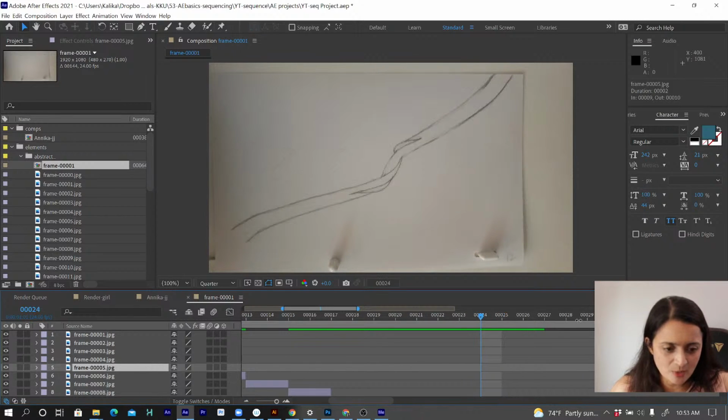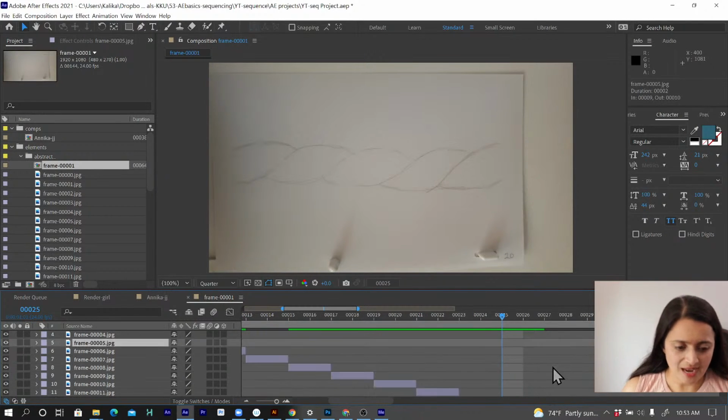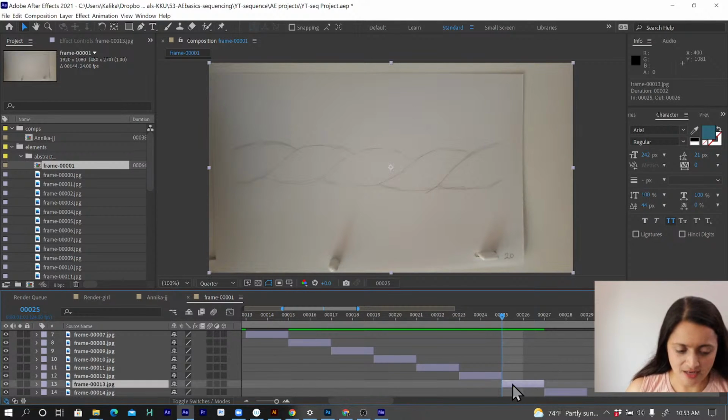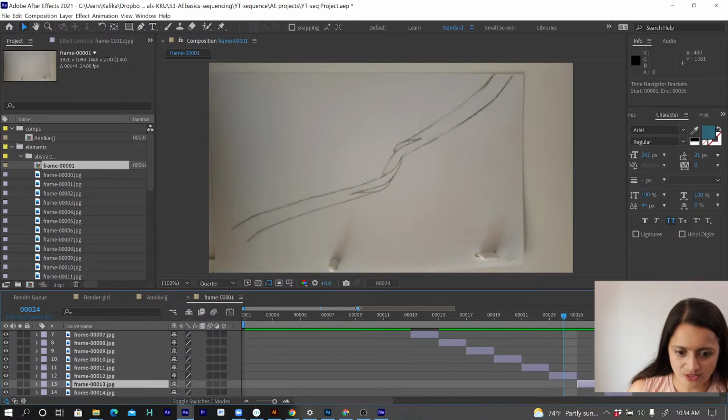So right here we jump. We went from 11 to 12 to 20. Okay, so what that meant was I wanted to add more drawings in there. Okay, so if this guy is right here and it's starting on, let's say, frame 24, I want this to be at frame 20. So maybe what we can do here,